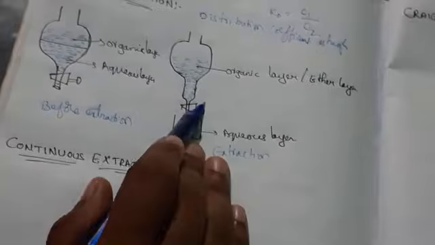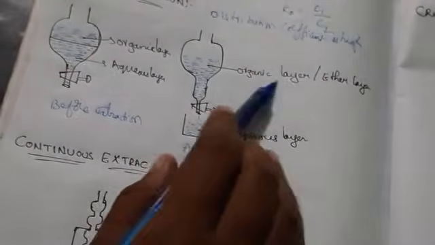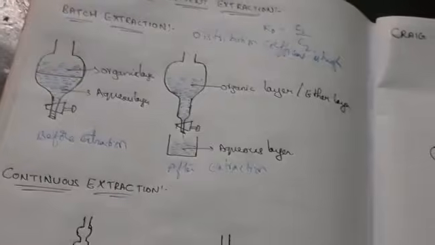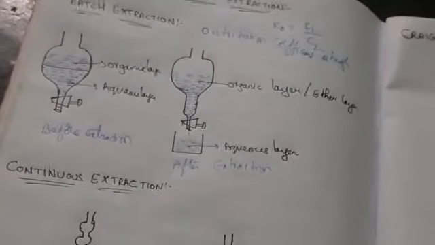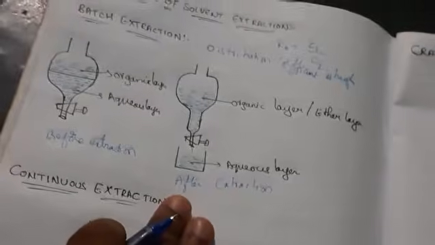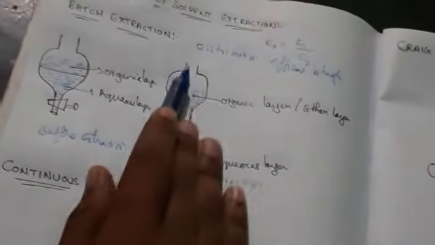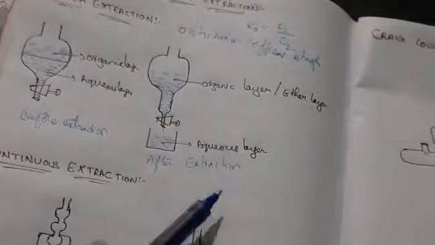So that's why I'm taking here the evaporation process and also the aqueous layer. After evaporation you are going to get only the pure organic layer. So this is about batch extraction. Simply, what we can say is, if the distribution coefficient is high, then this is the technique we are going to use. Before the extraction, there will be 2 layers, organic and aqueous. After adding the extracting solvent, it will settle into 2 layers. We will be removing the aqueous layer and we get the organic layer. Okay, so this is nothing but batch extraction.